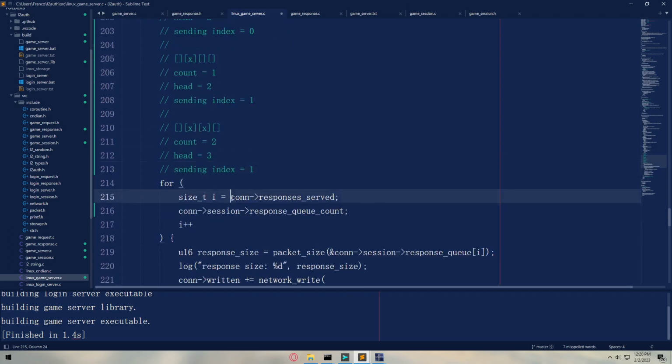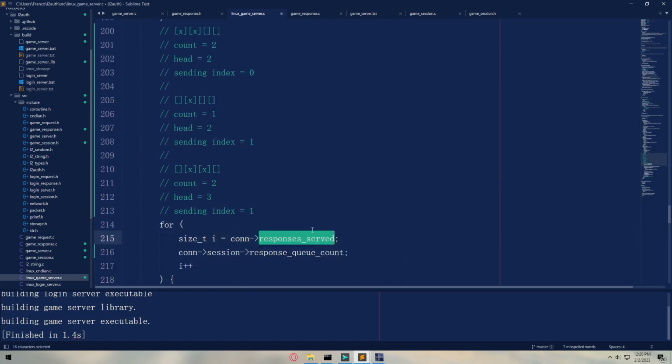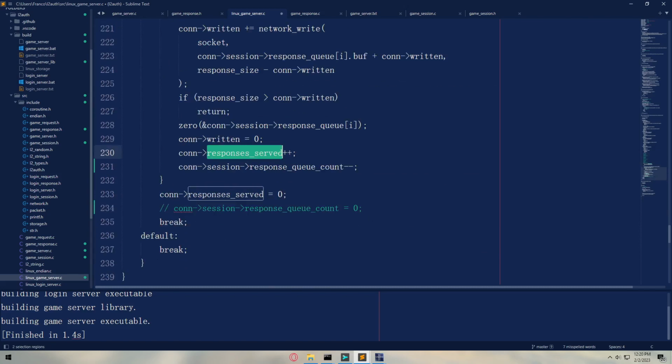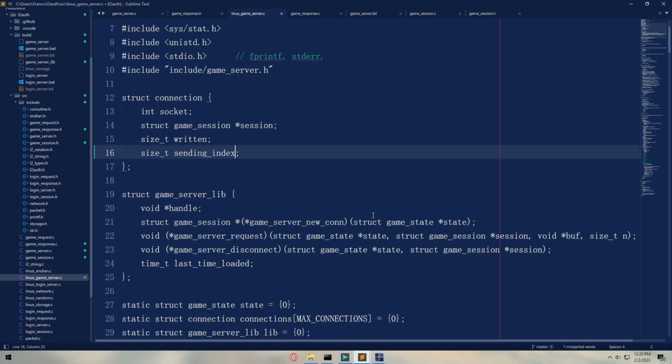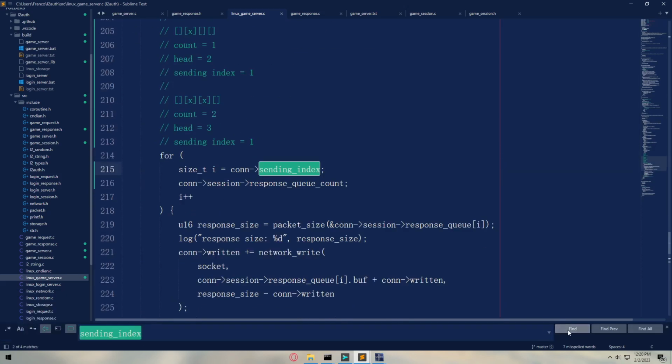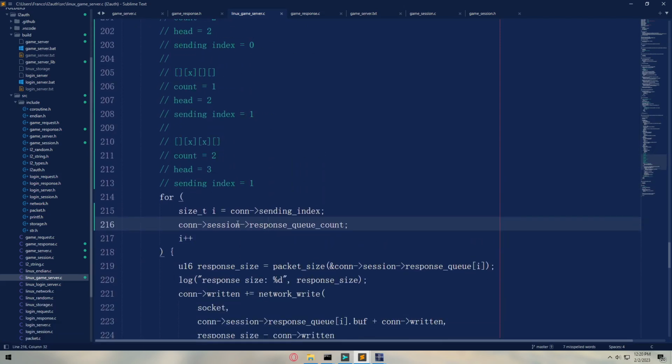So we'll begin by 0. So this is sending. Actually, I think I can rename this. So I'm going to say sending index, so we can follow along the comments. All right. So we're sending this packet. We want to make sure that